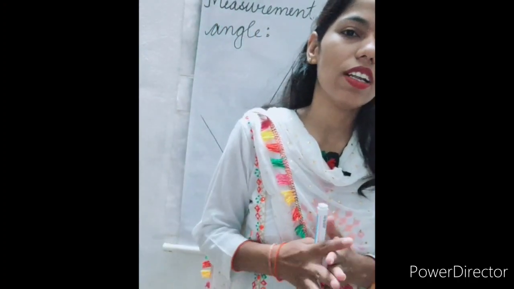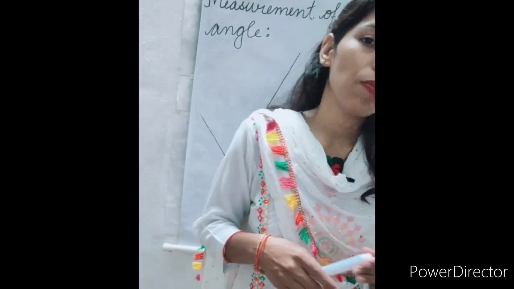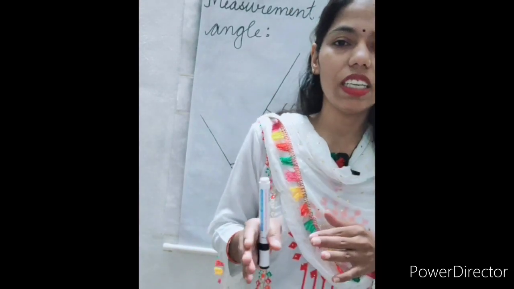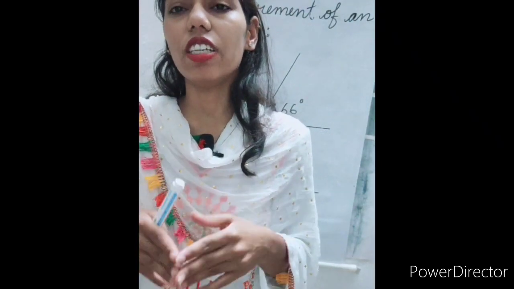It is greater than 90 degree. So obtuse angle. Part D is 130 degree. It is greater than 90 degree and less than 180 degree. So again obtuse angle. Part E is 90 degree. So a right angle. Part F is 30 degree. It is an acute angle.